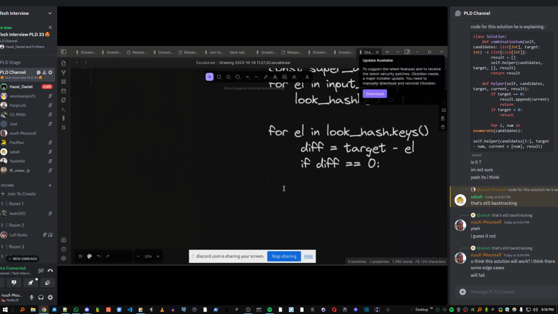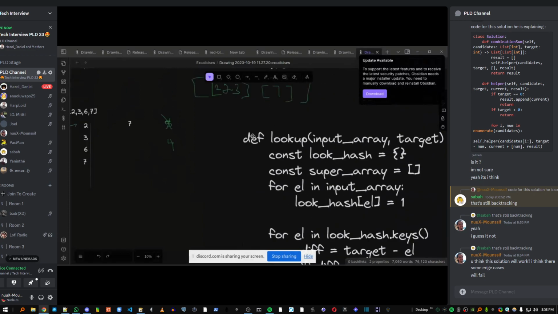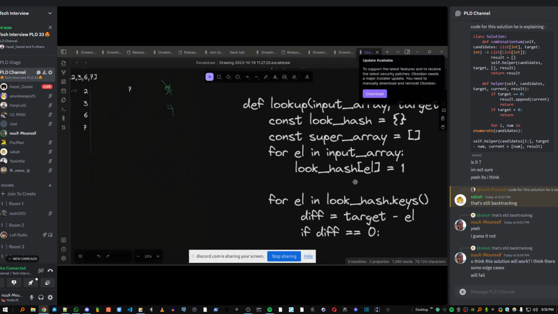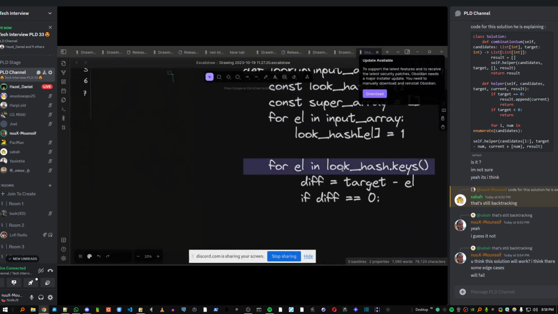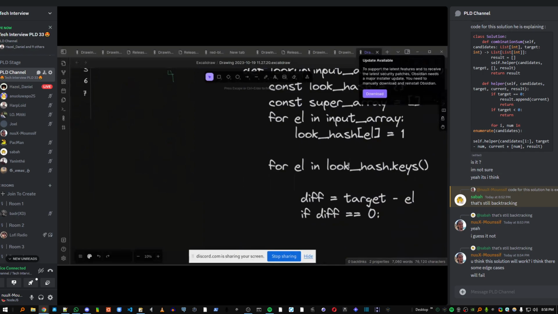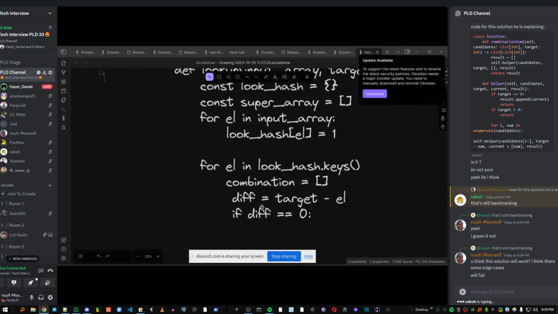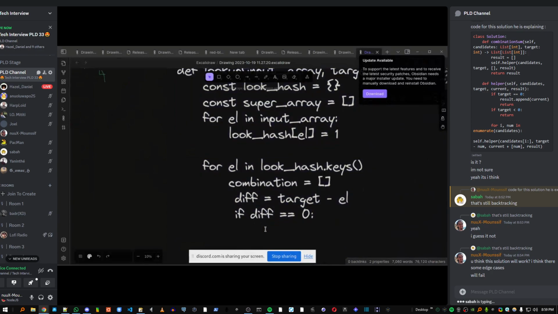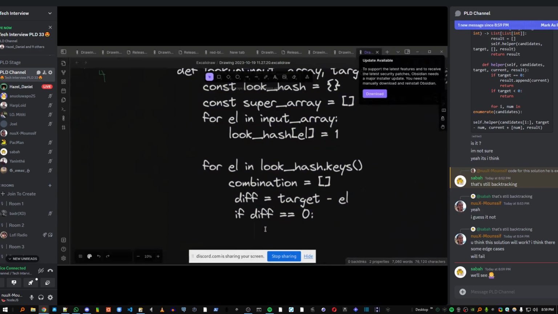So if diff equals to 0, we just say, what's the hash itself. You can call it a result so we don't confuse. Okay, I'll just initialize something here. So combination will be an empty array, right? So if diff equals to 0, and then combination dot push L, and then